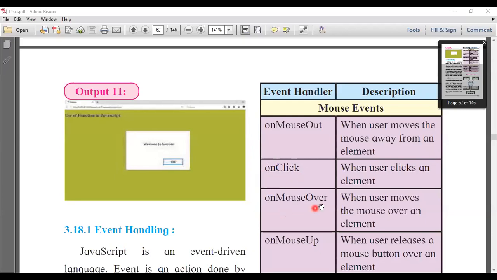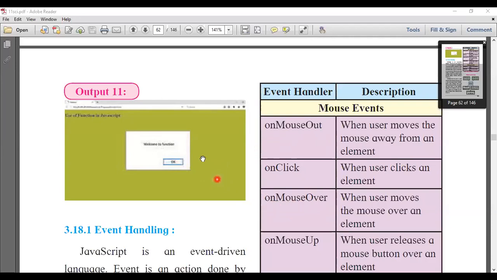Now onmouseover: when you move the mouse inside the element, it is the opposite of onmouseout. Onmouseover means moving the mouse inside the element, and then this event triggers. When you move out of the element, it is called onmouseout. So these two events are opposite to each other.